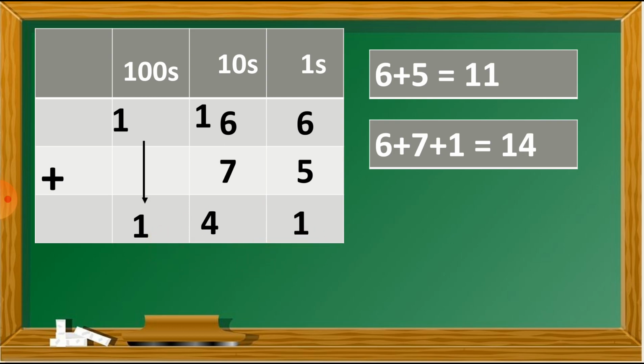This way we have to just add the numbers, and regrouping twice means 2 times. We have to regroup 2 times in the one sum. So you will now understand this sum. Hope there is no doubt regarding this topic.